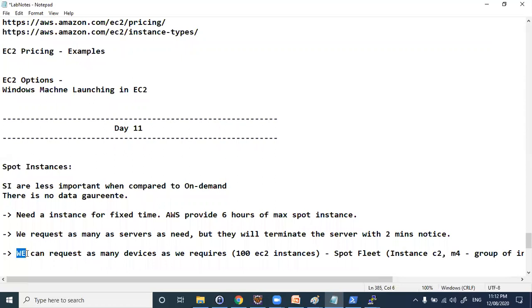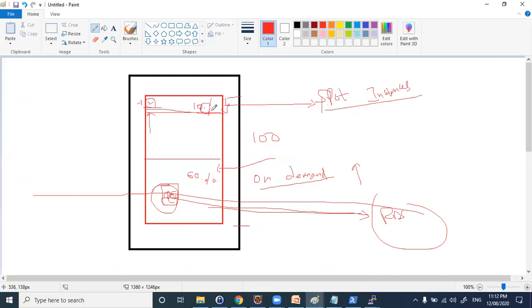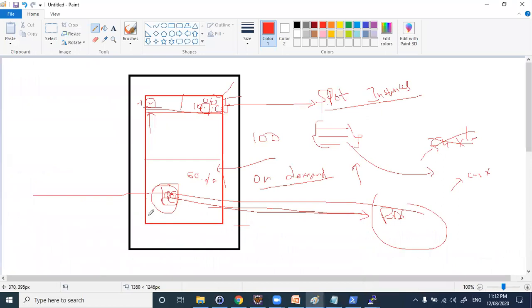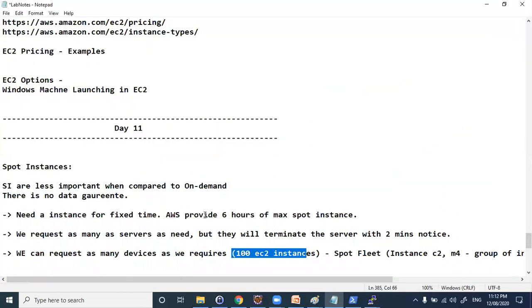So you can say, for example, you need 100 EC2 machines. You can go and request, boss, I need 100 EC2 machines in these spot instances. You can request that. They will give you these 100 machines. But say, for example, currently you are working with C4.xlarge. So for example, on-demand has increased for C4.xlarge. They'll terminate this instance and they will give you another xlarge, which is there in the fleet. Whatever fleet you selected, from that particular fleet only, they will give you another instance. So that is the other type.